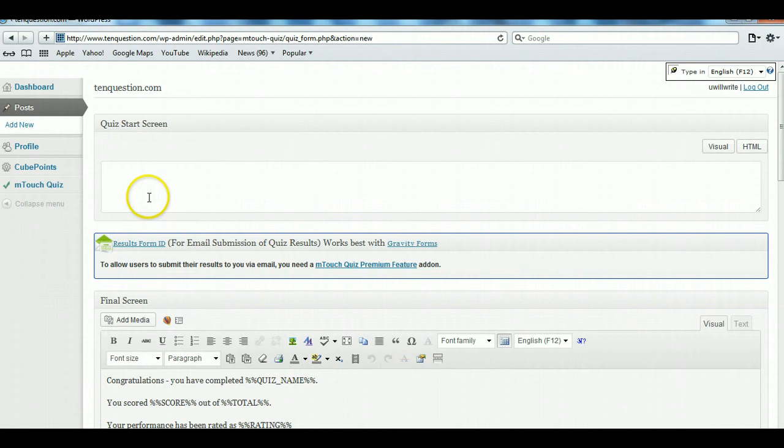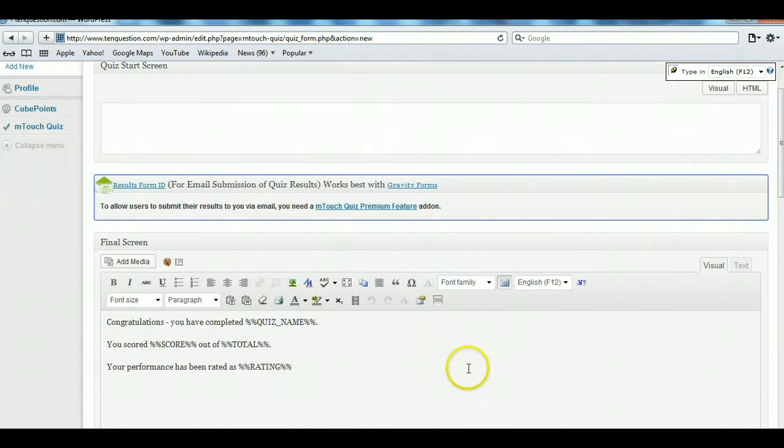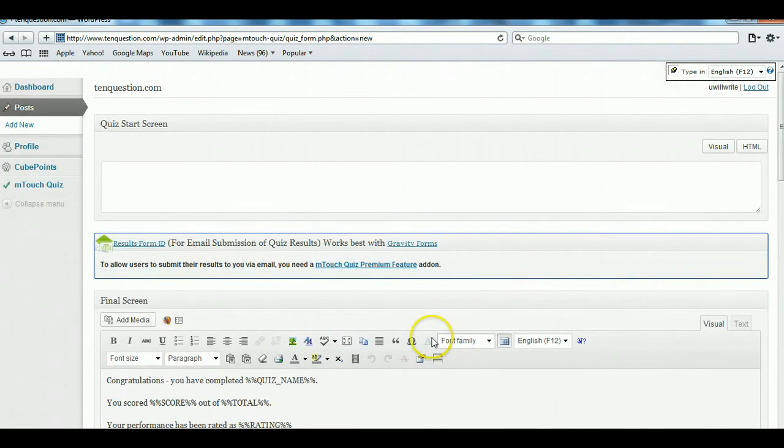Once you log in, the first screen which comes says quiz start screen. There are a lot of fields here, but the only one field which is important right now is this field, where you will have to put the name of the quiz set.